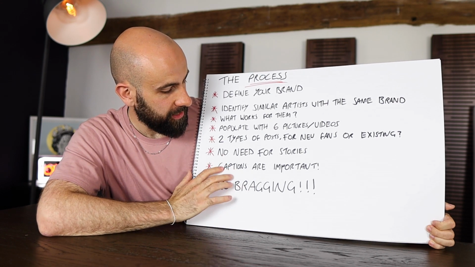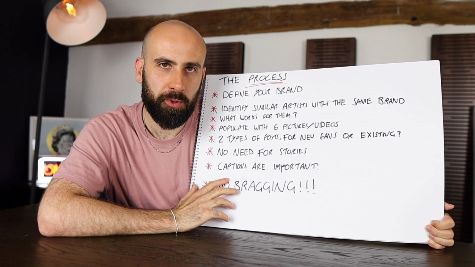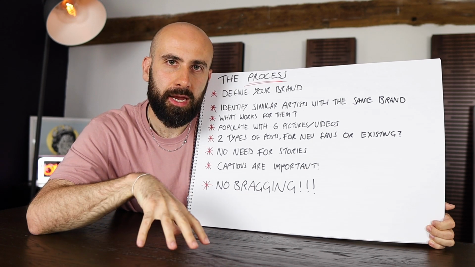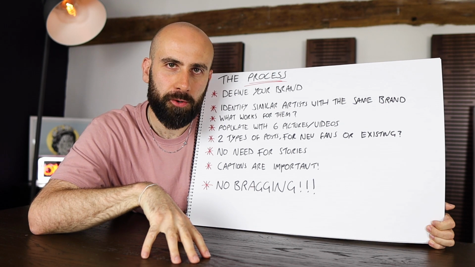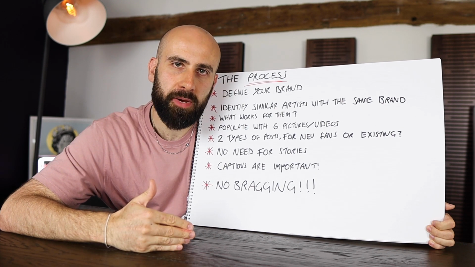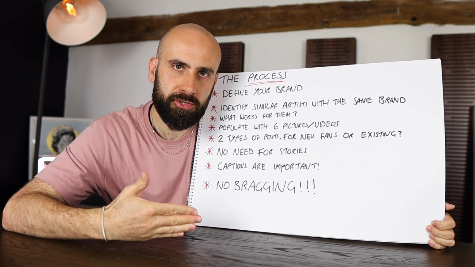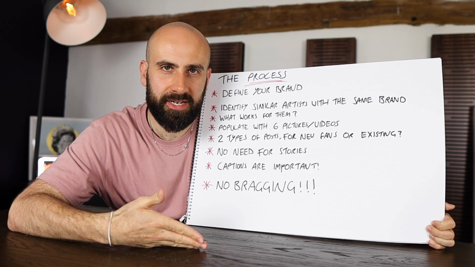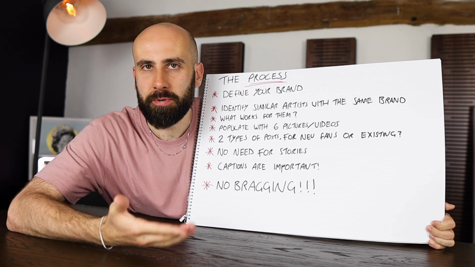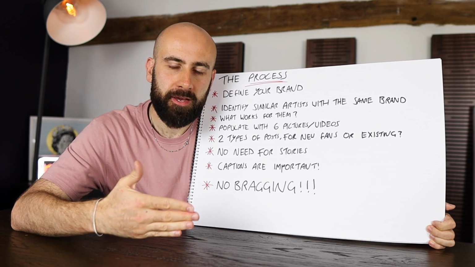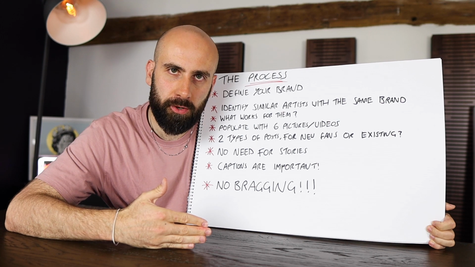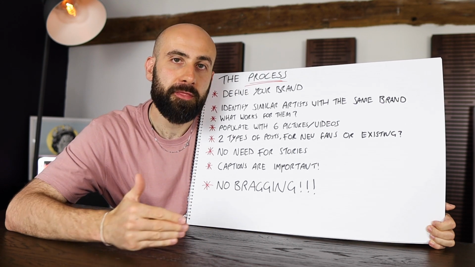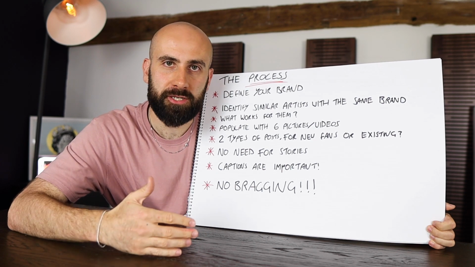And the second last point, captions are important. The way the Instagram algorithm works is it will push out your feed post the longer people spend on that post. People think that the more people who are liking and commenting on it is what makes it get pushed out. Actually, if people pause their scrolling and look at it for a longer time than other posts, that is what makes Instagram push it out, because